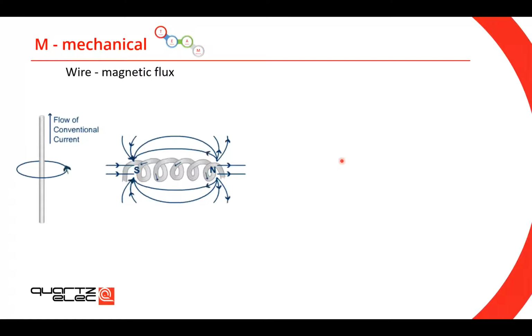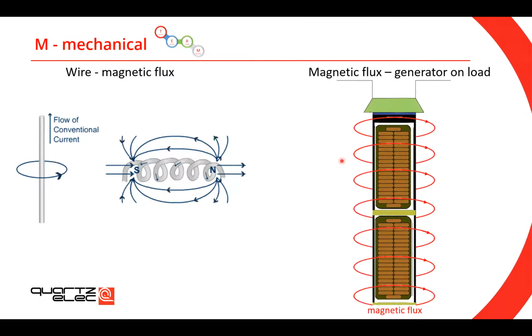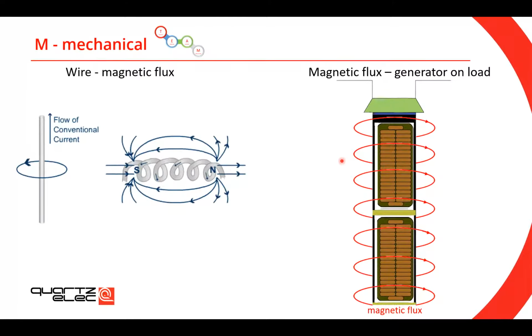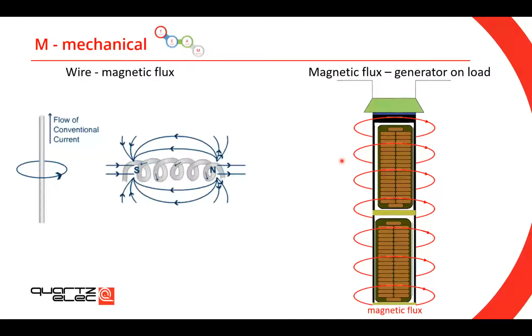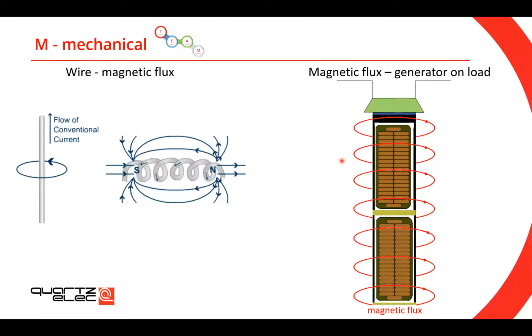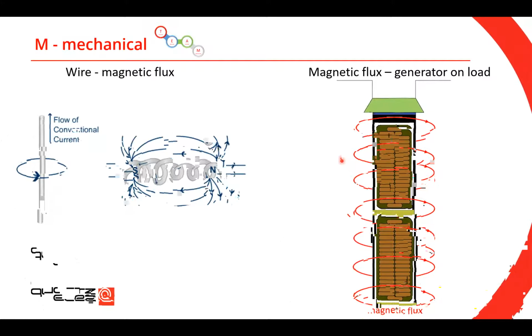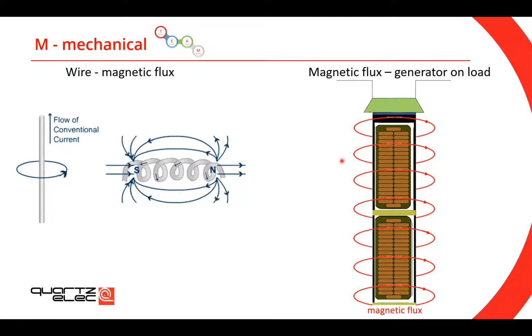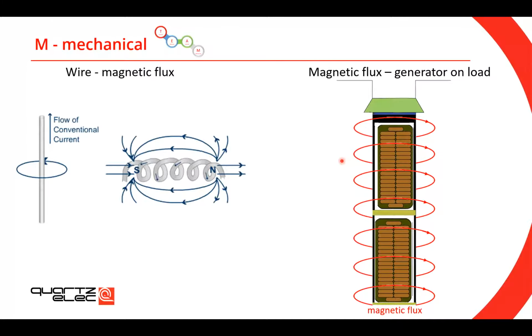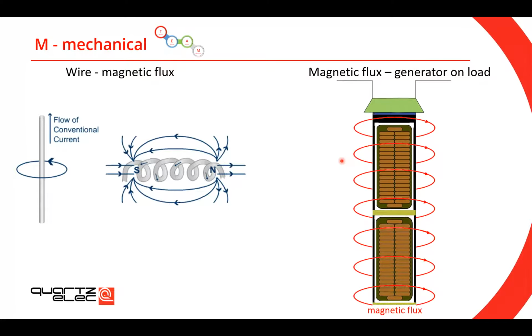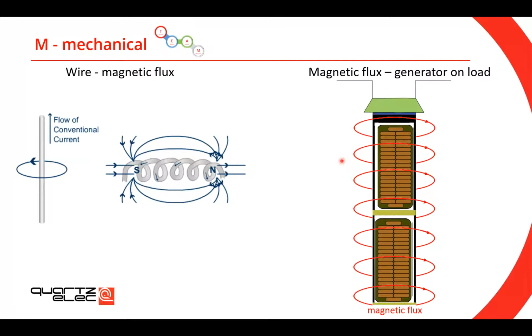Now, let's come back to primary school. You might remember that if you have a current flowing through a wire, around that wire you will have a magnetic flux. So that's simple. Again, back to the physics. So now let's consider the stator being on load. The current will be flowing through the stator winding, and because of that, you will have that flux around each and every stator bar. And that flux will cause vibration both on the bottom and on the top stator bar. And you can see it here. I think it's quite clear.